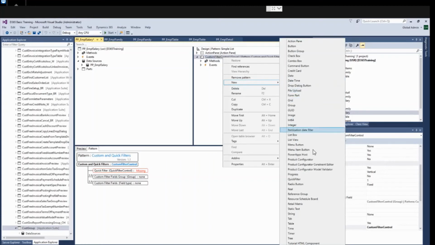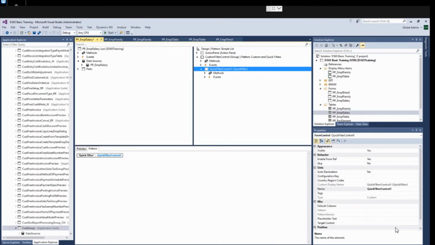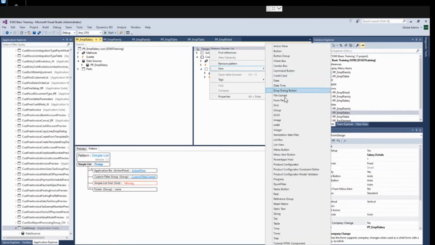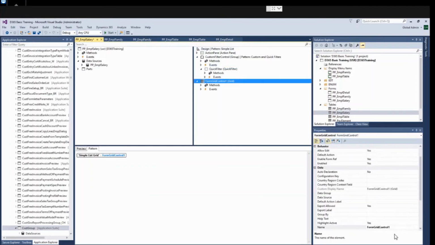Quick filter control. So I will set this property later once I will create the grid section. Let me create the grid, new grid, data source property. I will do it here.